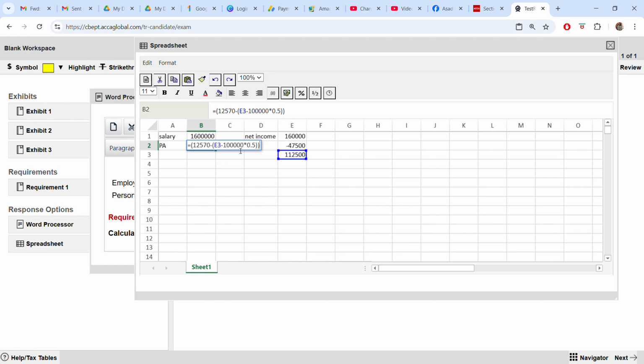Let's figure out where the mistake is. So you deduct 12,570 from the difference, that is this 112 minus 100,000. Put a bracket, multiply this, put a bracket, multiply it by 0.5, close bracket, enter. Okay, it should be less than 12,570. Just put a minus figure outside. Now perform the sum function. Done. Thus 1.5